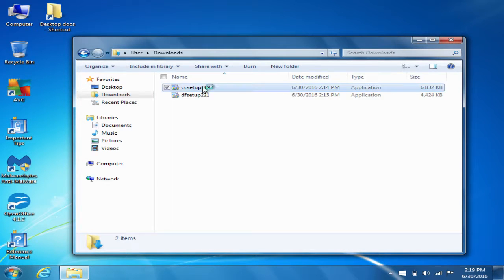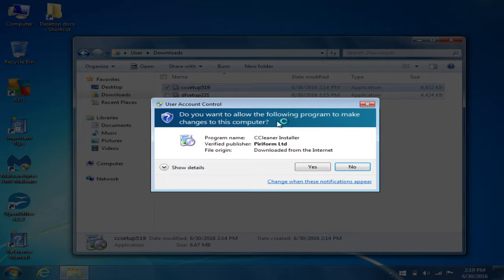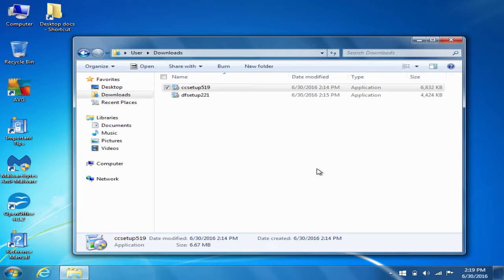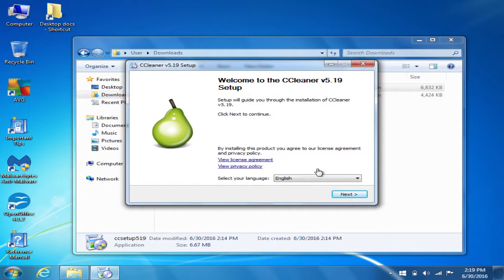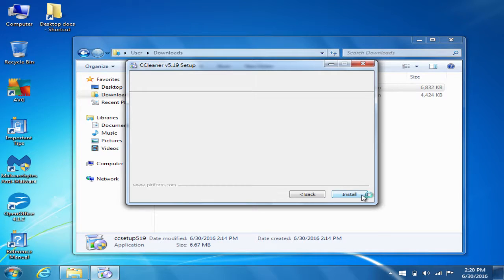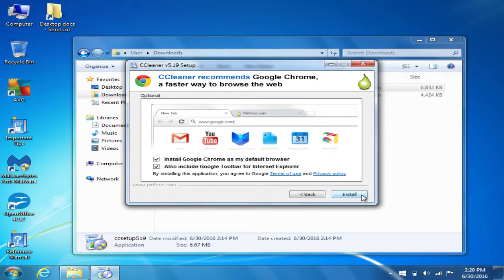Now I'm going to go ahead and install CCleaner. CCleaner can be used to clean up temporary files. It'll clear out your web browser history. It'll clear out Windows temporary files and logs. It can wipe out some of your passwords through your web browser. So make sure you know all your passwords to say your Facebook account or your email or anything really. It can wipe your passwords out, like I said,